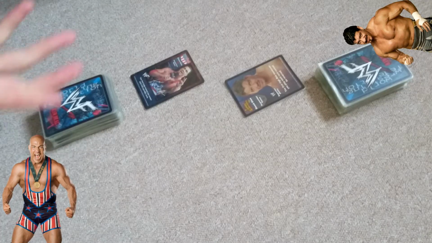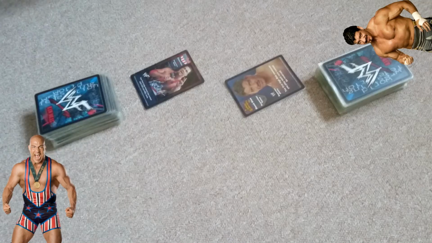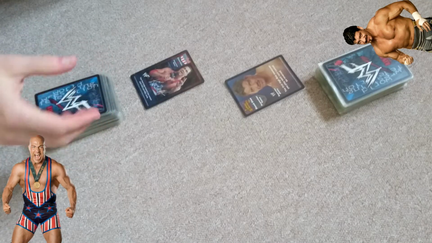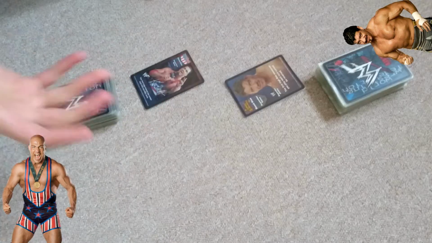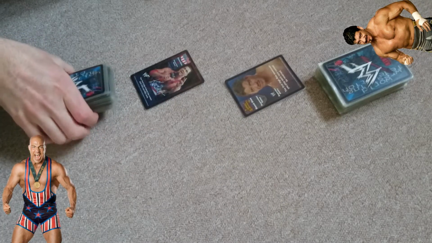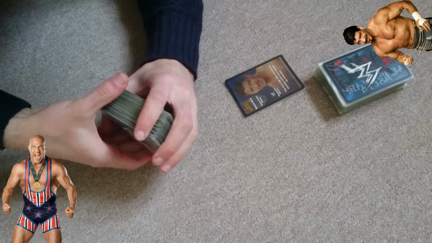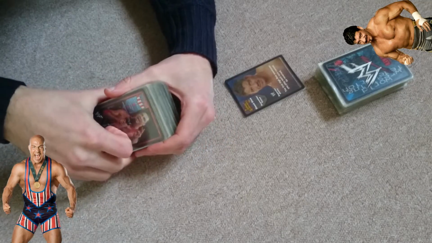So what you basically get is a deck. So when you buy a box, which comes in different fashions, it will come in this kind of tin, this WrestleMania type tin kind of fashion. It could come in anything like a box, like a Booker T box, but it'll have a certain amount of cards. So, for example, it will come like that, just in a box, and also you get booster packs